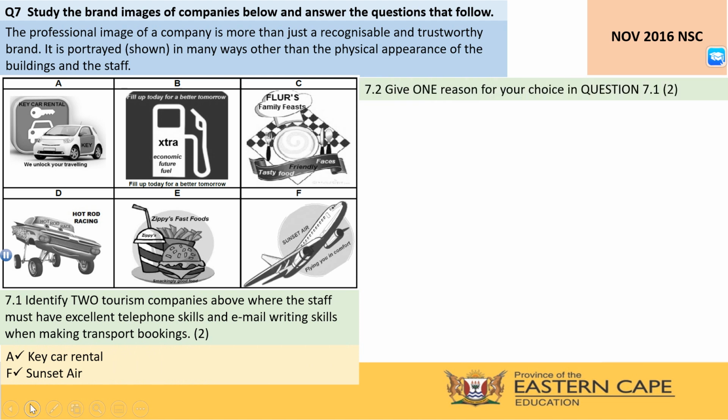The next question, we need to give one reason for the choice in question 7.1. So if you read the question carefully, it's actually a very simple question. It specifically refers to transport bookings, and it refers to excellent telephone skills and email writing skills. So we have selected those 2 companies, but now we need to explain why we have selected those 2 companies. Now, if you consider it for a moment,